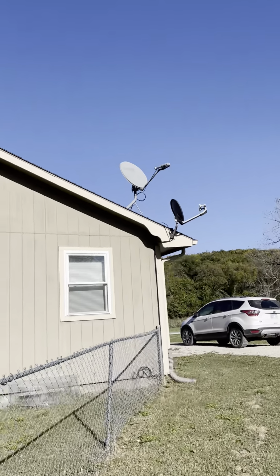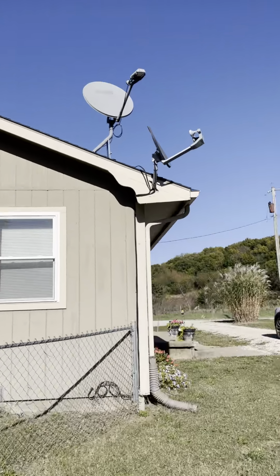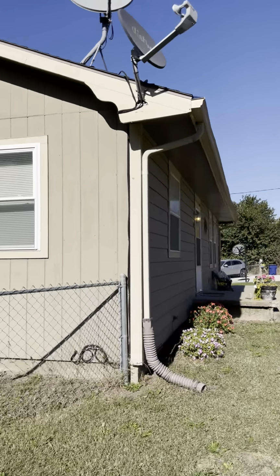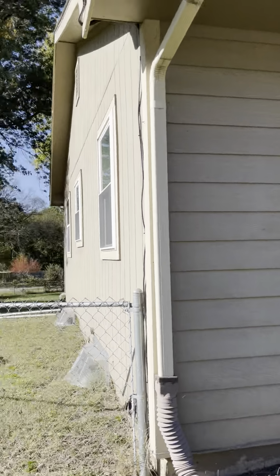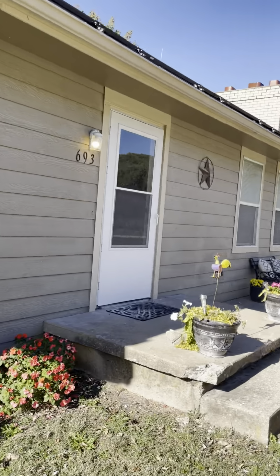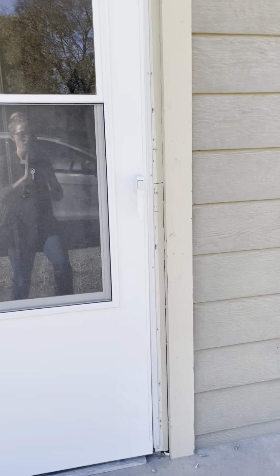You can see that they've got 2 satellite dishes on this home. I don't actually know that they're currently using satellite. It's not entirely uncommon for people to just kind of leave satellite dishes on houses even if they're not using them. Okay, so walking inside the home now,